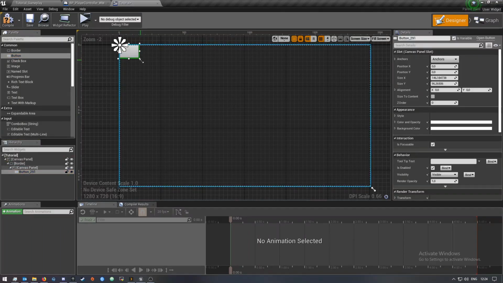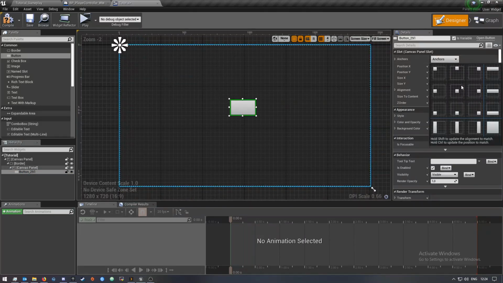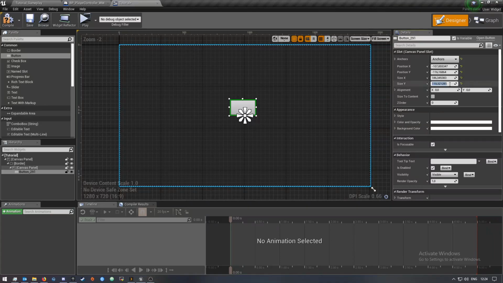And now I'm gonna drag this into the center. I'm gonna set the anchor also to the center, and again make all of these 0. The size we can make 250 by, let's make it 70. Now for the alignment, we're gonna make the X 0.5 and the Y 0.5,